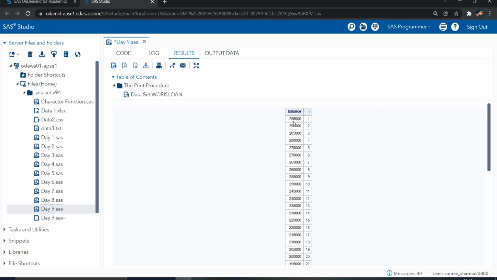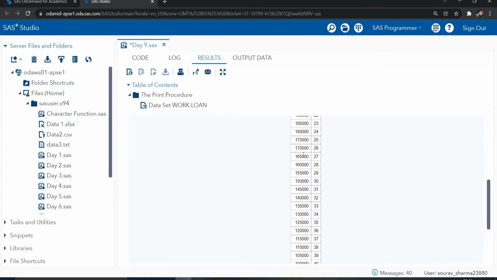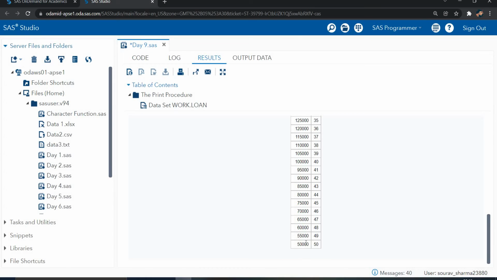Now you can see here we have the balance starting from 22 lakh 95,000. This is my first, then my 5,000 is deducted in the second installment, then again 5,000 is deducted.